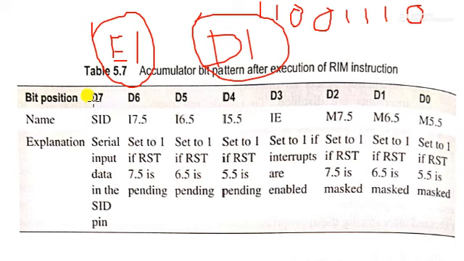Okay. Now come to the D7 bit. The D7 bit is used for the serial input data. That means if a peripheral device outside of the processor wants to communicate with the processor, it has to use the serial data bus, with a serial to parallel converter. So if this bit is 1, then that device is allowed, otherwise that device is not allowed. Okay, I think it is clear to all. SIM instruction.